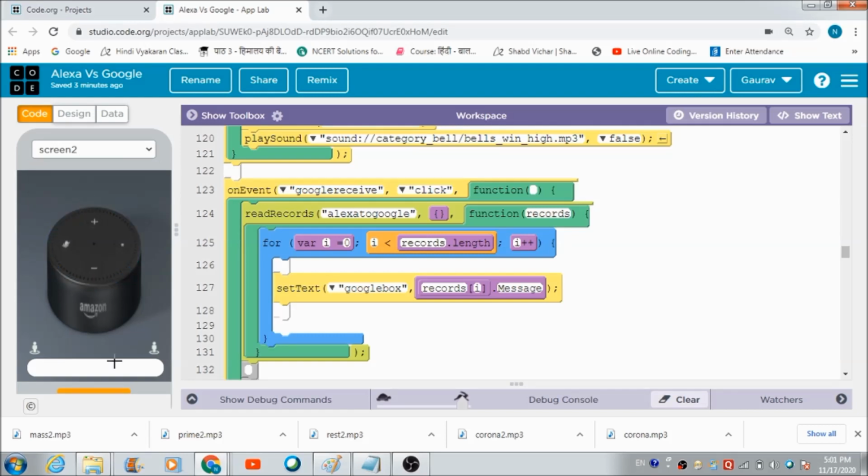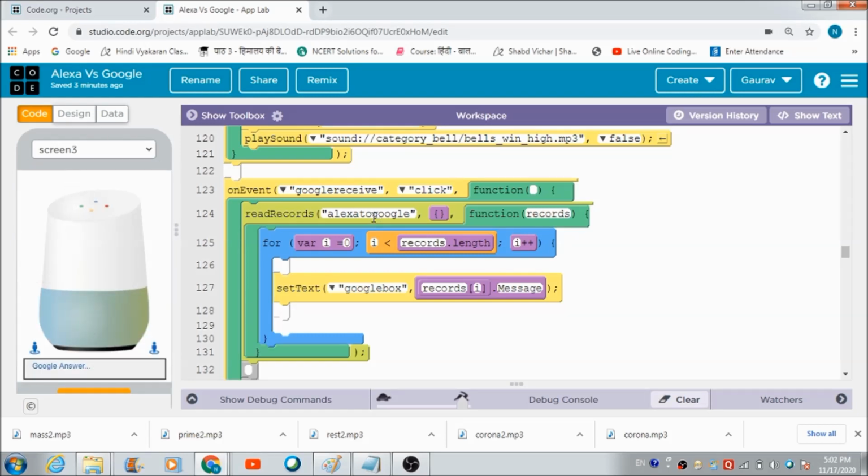Right, so the questions are going to get fetched from this table, and that question is going to get reflected over here. Why? Because we have set the text of this Google box to records I.message. So whatever question Alexa is going to ask, automatically it is going to get reflected over here when the user hits this Google Receive button.